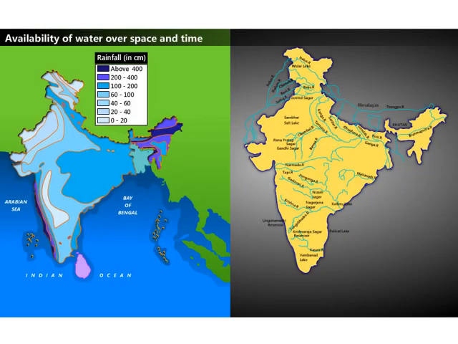Have a look at the map to know the distribution of rivers and rainfall in our country. Though the study of the rainfall and the rivers do not reveal the exact scenario of the availability of water, however, it presents a bird's eye view of the overall pattern. Water is not distributed equally on the Earth's surface.